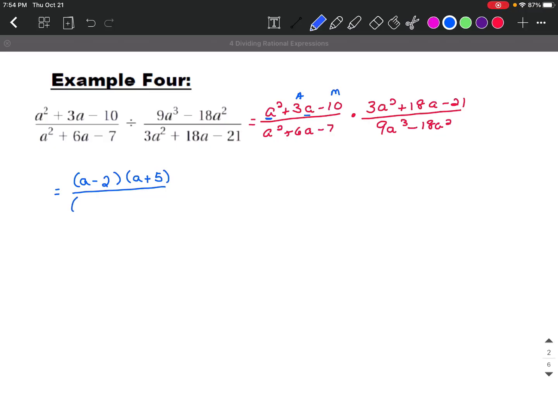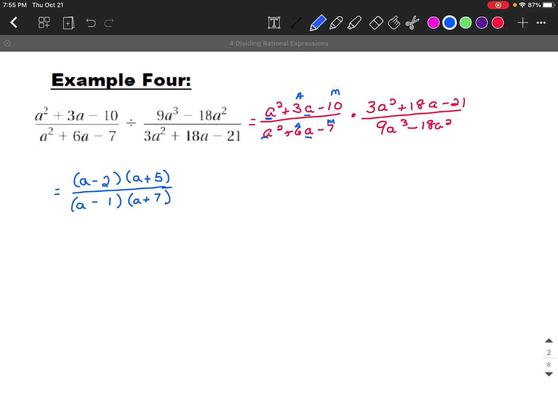Now let's take a look at the denominator. Again, we have a trinomial that does not have a common factor. We have an a squared in the front and an a in the middle, so we're going to need an a and an a at the beginning of each. Our numbers need to multiply to negative 7 and add to a positive 6. Well, the only numbers that multiply to 7 are 1 and 7. Now, if they have to multiply to a negative 7, the signs have to be different. And if we want them to add to a positive 6, the 7 has to be positive and the 1